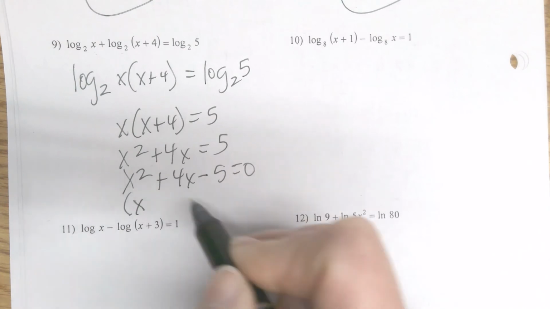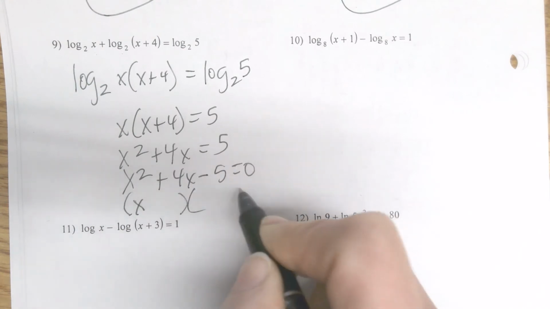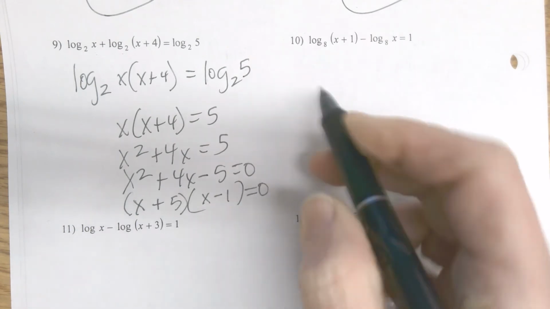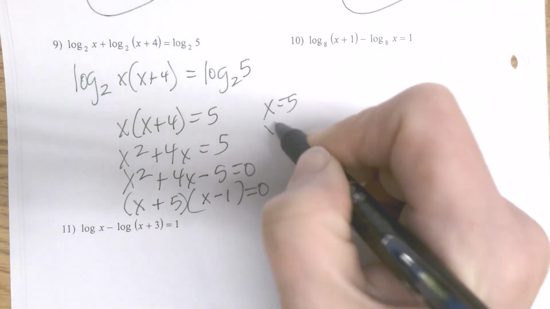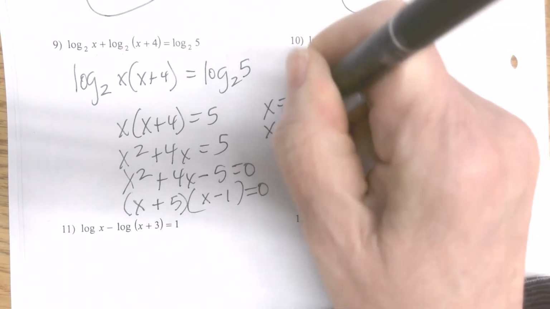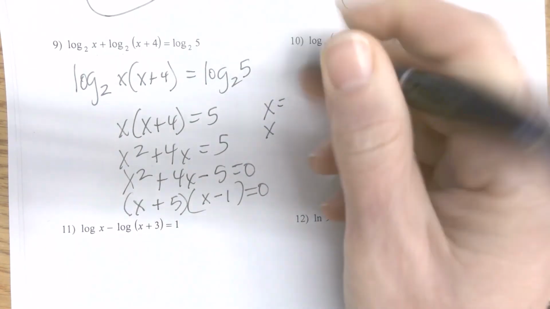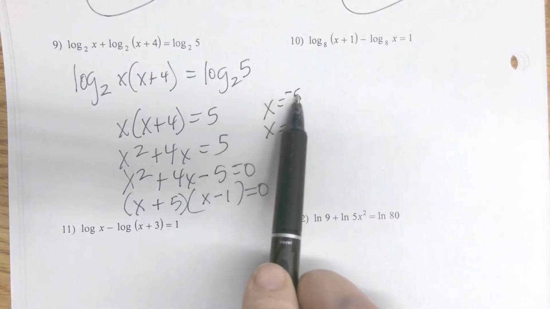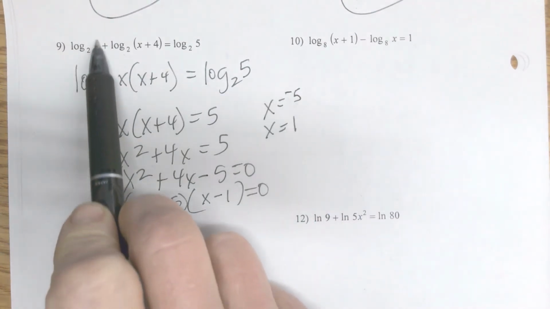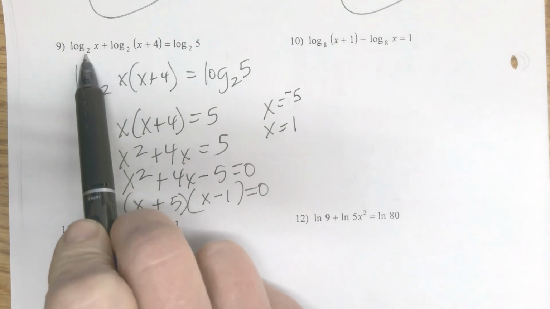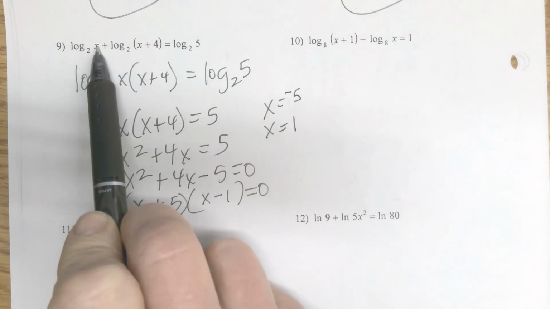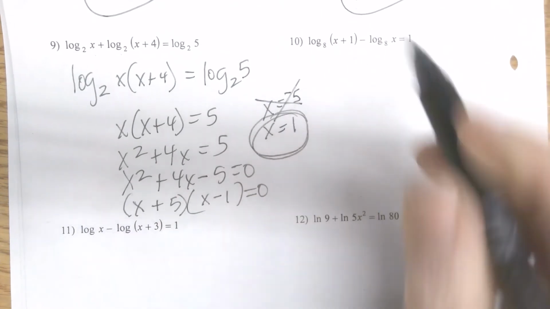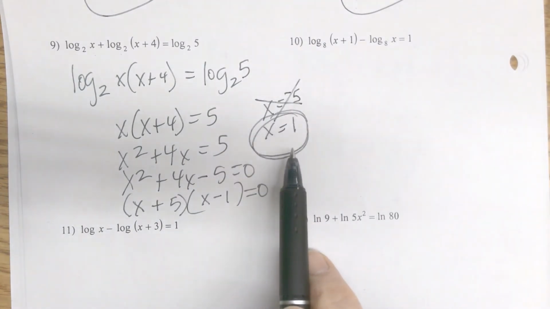This would be x plus 5, x minus 1 equals 0. So x is 5 and x is negative 5. Sorry about that. x is negative 5 and x is 1. This is where I have to go back in and check. Can I put a negative 5 in there? Can I raise 2 to any power that would give me negative 5? And I can't. So negative 5 is not an option, and x equals 1 is my only solution for this